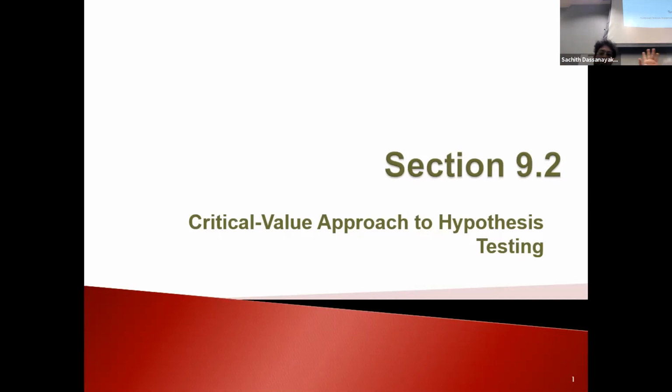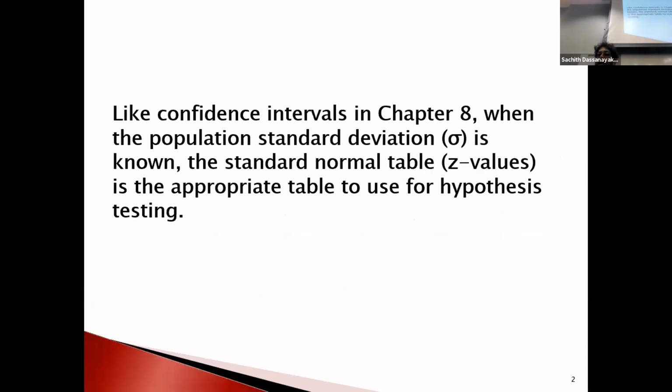So you already know this. What is this critical value? Let me explain what this critical value is. In chapter 8, we did confidence interval stuff based on standard deviation sigma, I mean non-sigma. So we used the normal table or Z table, or whatever the appropriate table is. And also in this case, we are using the same Z table for our hypothesis testing in this section 9.2. Okay, Z table.